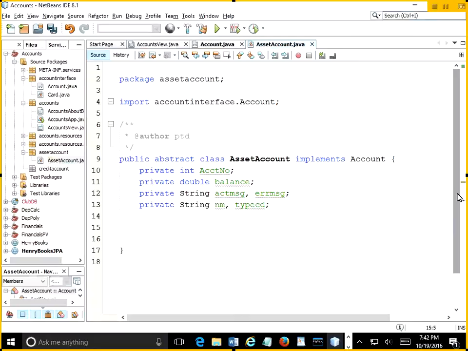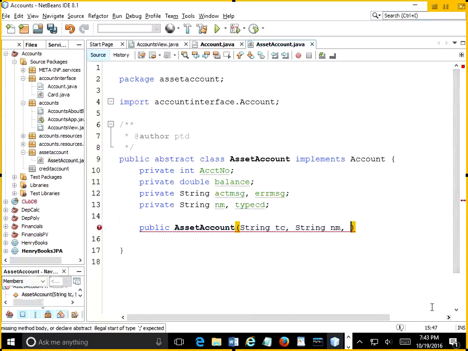So that constructor will look something like this. Public asset account will need to receive the string for type code, I'll just call it TC here, string for name,